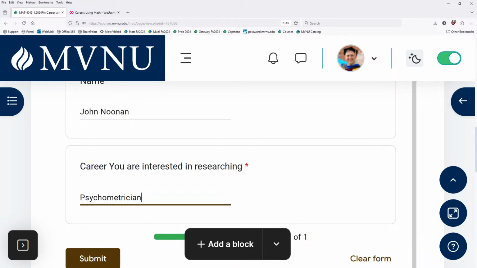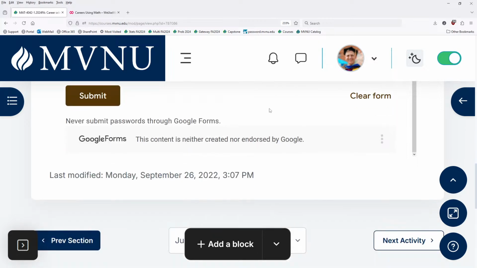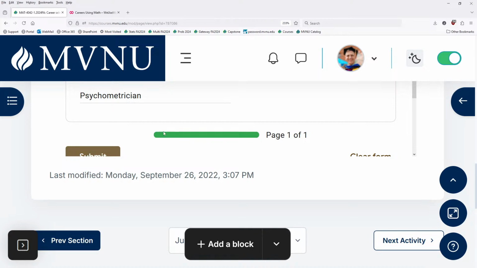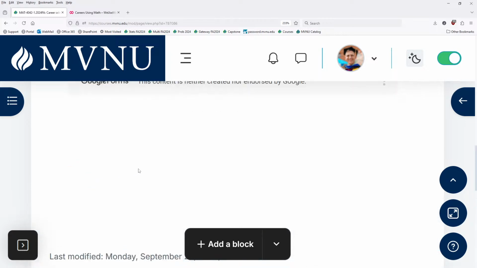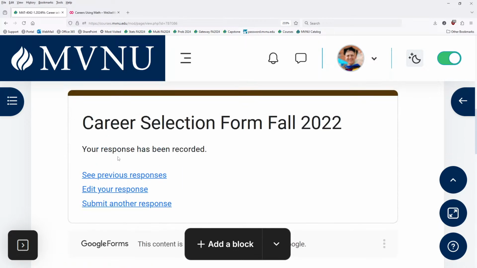I'm not really picking this. I just want to show you what you're going to do. So anyway, do that and then submit. That way you can claim it. Name it and claim it. And the reason why you're going to name it and claim it is because I have a rule. Wait, why did it not submit? Submit. There, it's submitted. So when it submits, it says your response has been recorded.